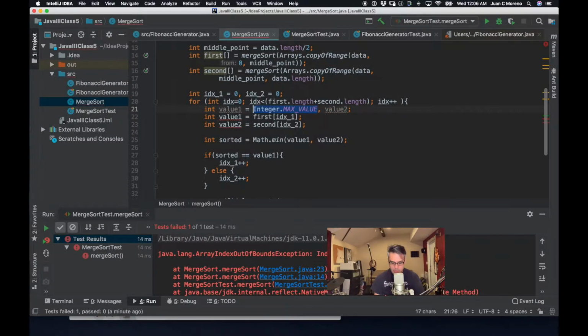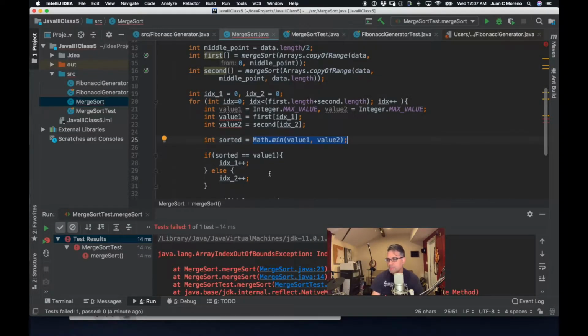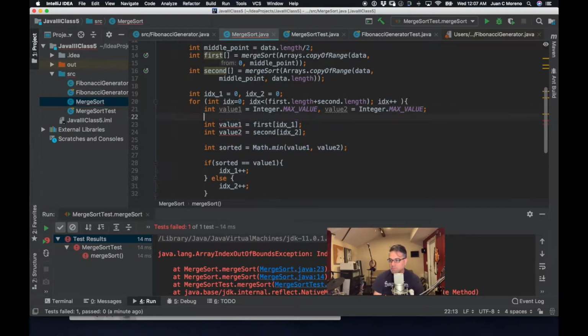And the reason why I'm doing this is because I am going to compare whatever maximum value that integer has, which is 2147483647, to whatever value that we have in the array. So whenever we're getting the math minimum of that super high value versus 6, this guy's going to return that super high value, and then 6, which one is going to be the smallest? This one. So it's gonna work out,